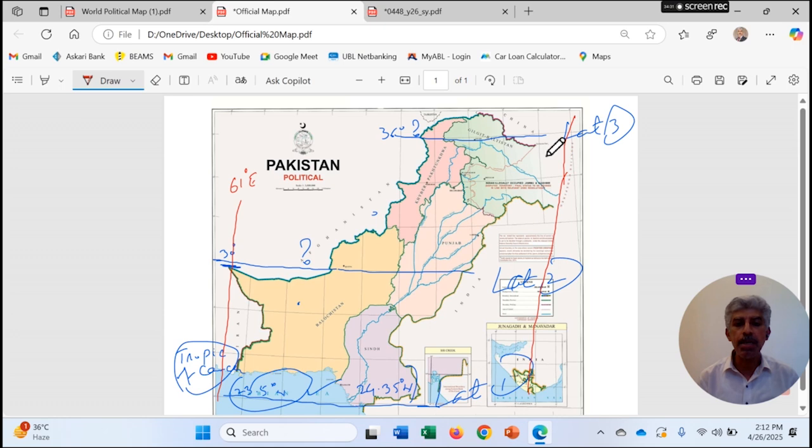That's why Pakistan considers the whole of this area as part of Pakistan. So 78 degree east is over here. So Pakistan is between 61 degree east and 78 degree east, but you should be knowing only what, that